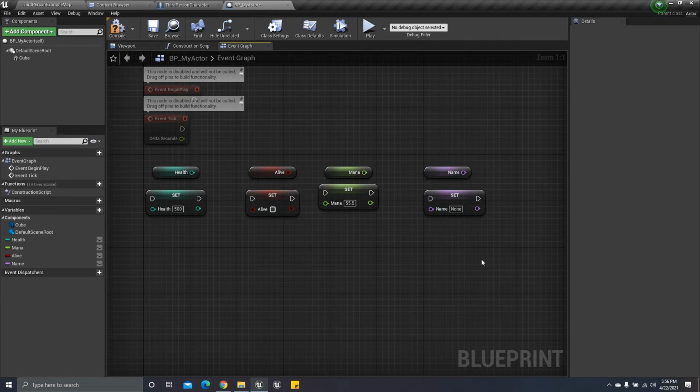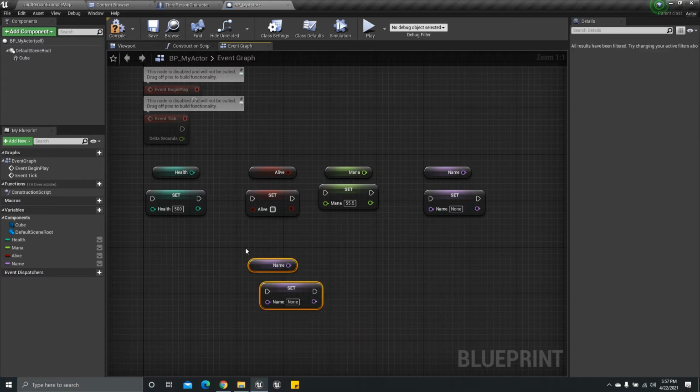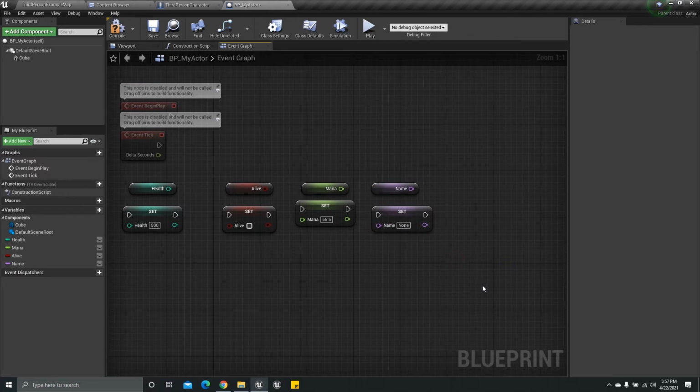Okay, so here is one more shortcut. If you hold the control and select the variable and drag and drop, it will get you the get node. And if you hold the alt and drag and drop, it will set your variable. So you can use any of those methods.